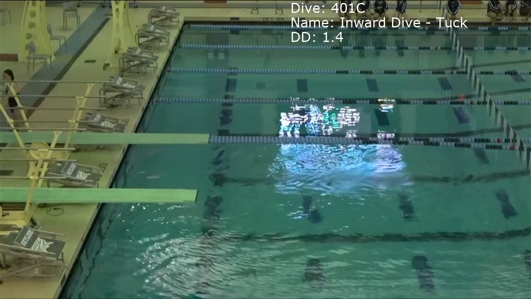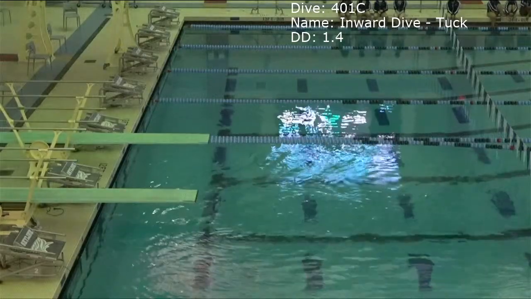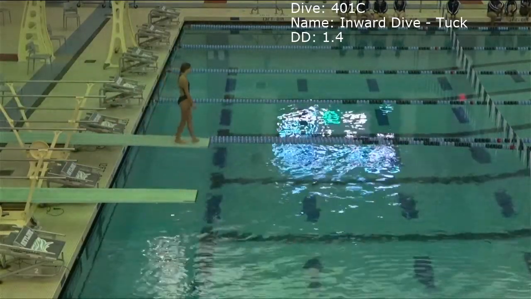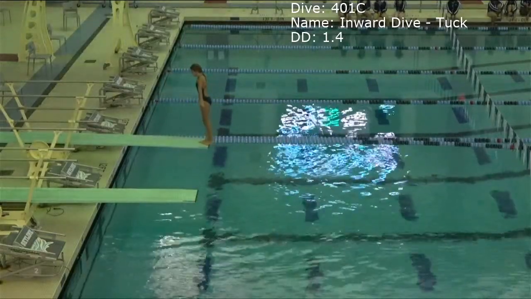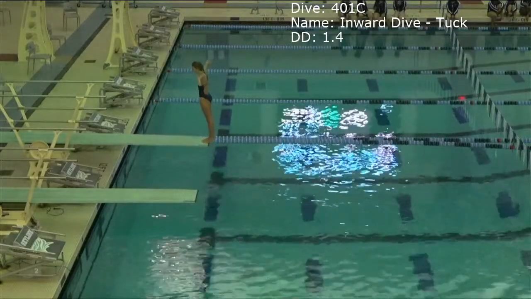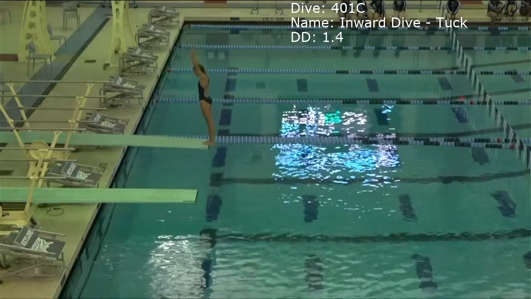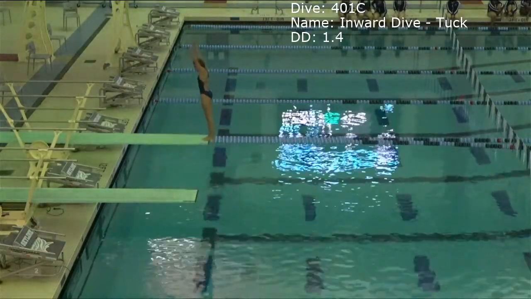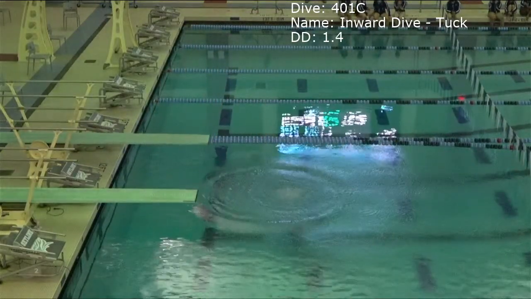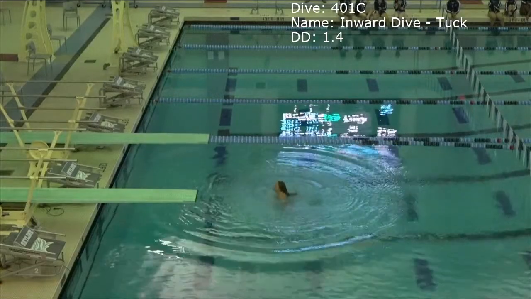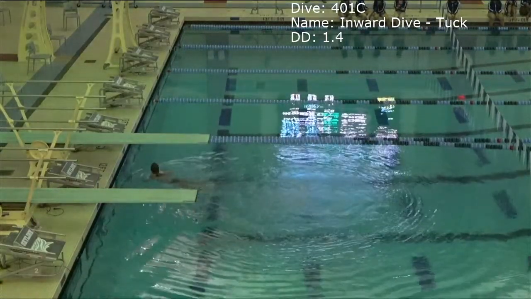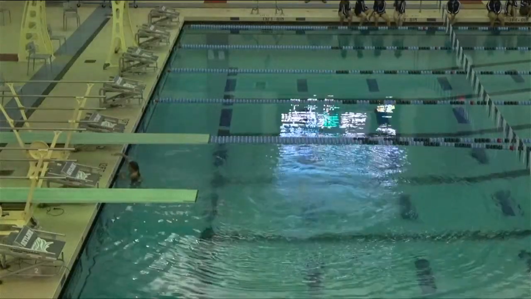Violet will perform a 401C inward dive in the tuck, degree of difficulty 1.4. Scores 6.0, 6.5, 6.0 for a 25.9.